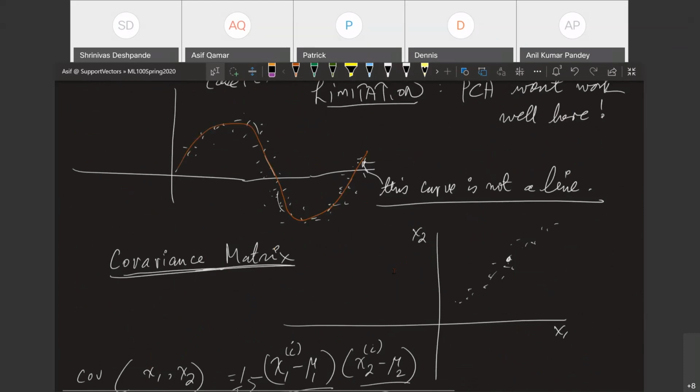One of the most common things to do, when you get data in high dimensions, is to project it down to 2 dimensions as a visualization technique, so that you can at least see the data. For the longest time, before more complicated methods came about, it was a pretty standard technique. Even today, your first line of action should be to take any data and project it down to 2 dimensions using principal component analysis. Pick the first and second eigenvectors, called the 2 principal components, and visualize your data. We'll do that in lab right now.